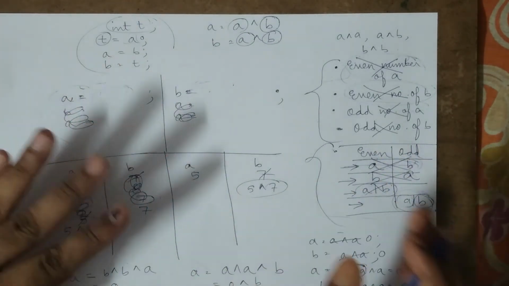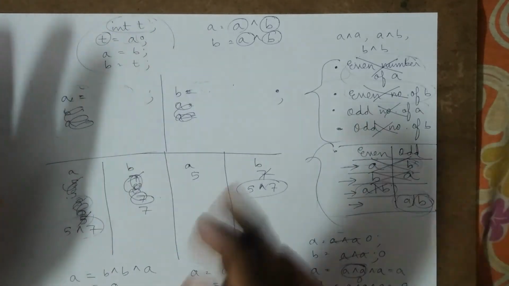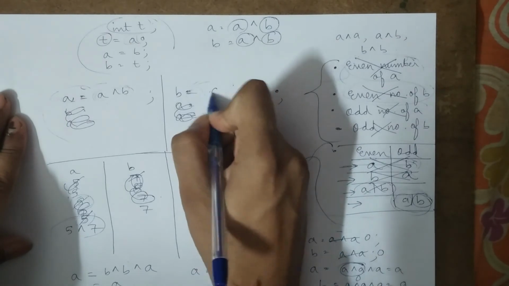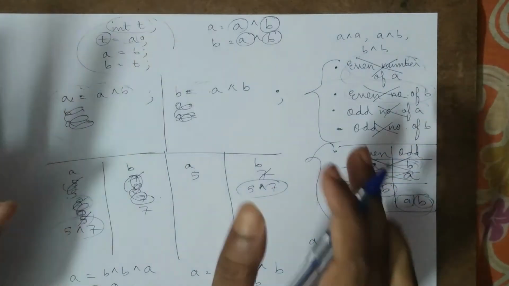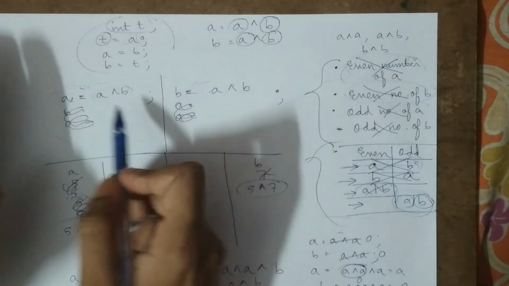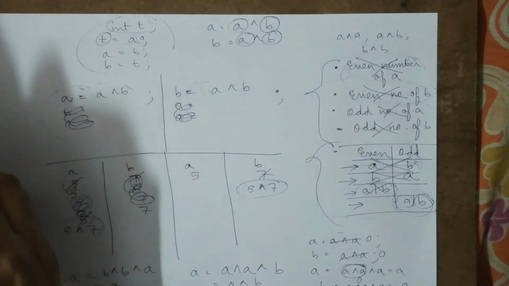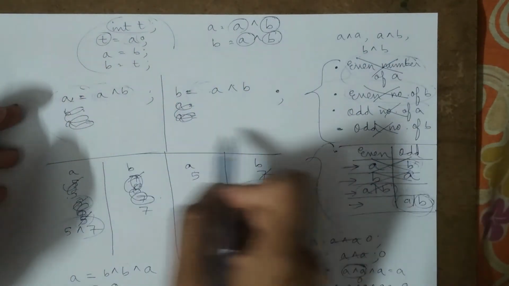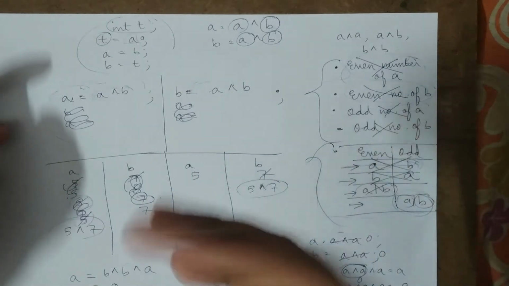so there is a possibility of recovery. So now the first statement is quite clear that A will be equal to A XOR B and B is equal to A XOR B. Until now we are not sure which of the methods is correct. So now we will start thinking and find out which of the methods is correct, and whether both of them are correct or both of them are wrong, which we will build up just the way we built up this first line, with the help of a thinking process.